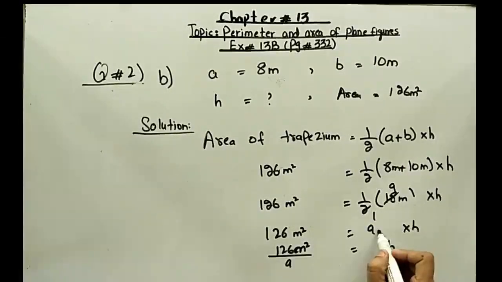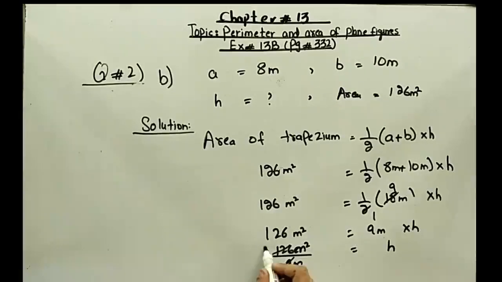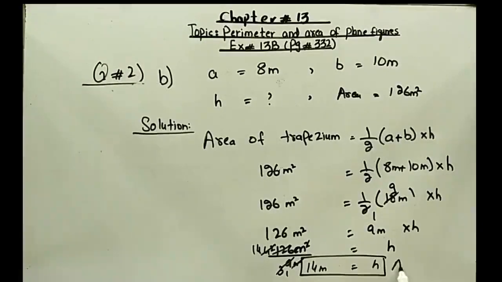18 meter, 9 meter and 9 meter. So then 3 3s are 9, 3 4s are 12, 3 2s are 6 and then 3 1s are 3, 3 4s are 12. 14 and meter will cancel with square. So just 14 meter will be left. It means h is equal to 14 meter. This is your final answer. Fill in the table. Got it, beta?